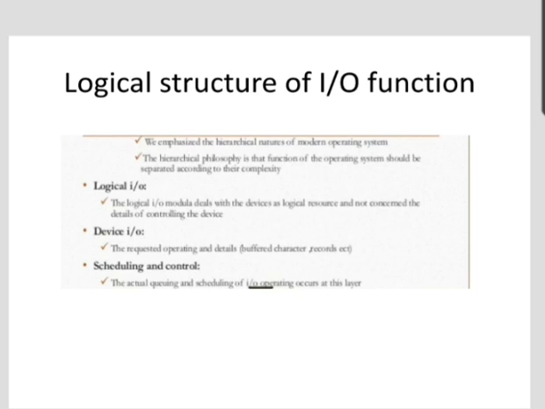The device independent input output software refers to the set of programs which provide a device independent interface to the user. The basic function of this software is to perform functions common to all devices. It provides a uniform interface to the user level software. The basic functions of device independent software are uniform interfacing for device drivers, device naming, device protection, providing device independent block size, buffering, allocating and releasing dedicated devices, and error reporting. In programs written in a high level language, input output operations are provided through library functions.